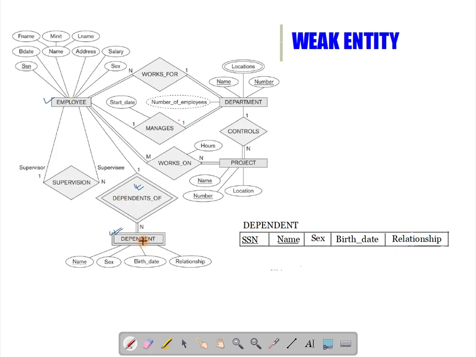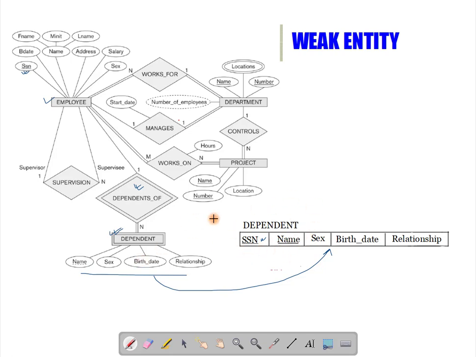So how can we convert the dependent weak entity? There will be a relation for this weak entity, and all these attributes will be the attributes of this relation. But along with these attributes, the primary key of its owner employee, that is SSN, will also be an attribute in this relation, and the primary key of this relation will be the combination of SSN and the partial key, the name.